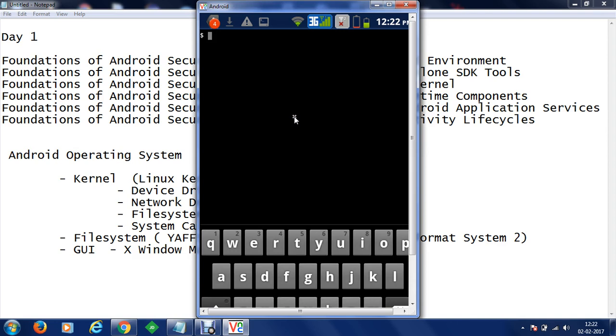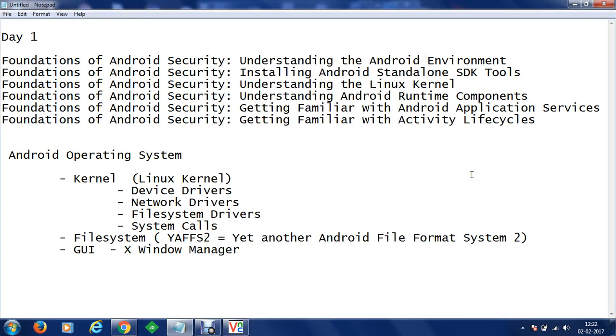The first information I would like to display for you is the kernel information of this mobile device. We can execute a simple command known as uname -a in order to get information about the Linux kernel. So this is a way to get the name of the Linux kernel which is installed, and the version installed in our mobile phone is 2.6.35.7. So let me just write that here.